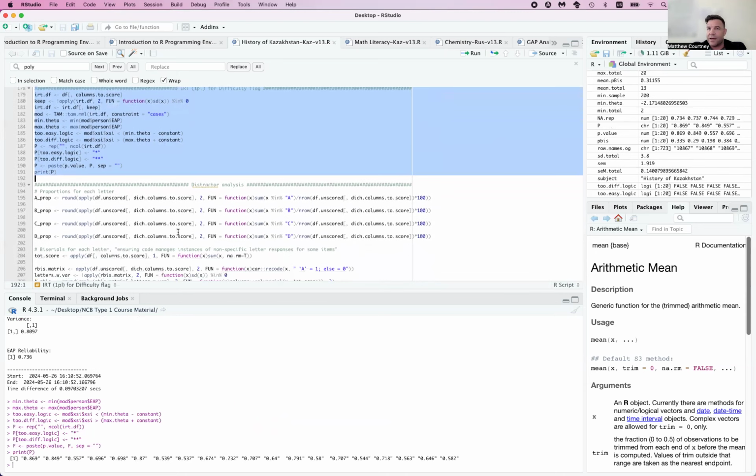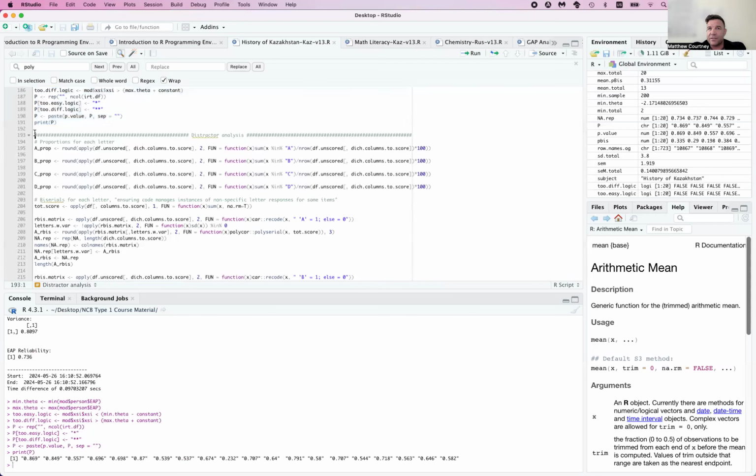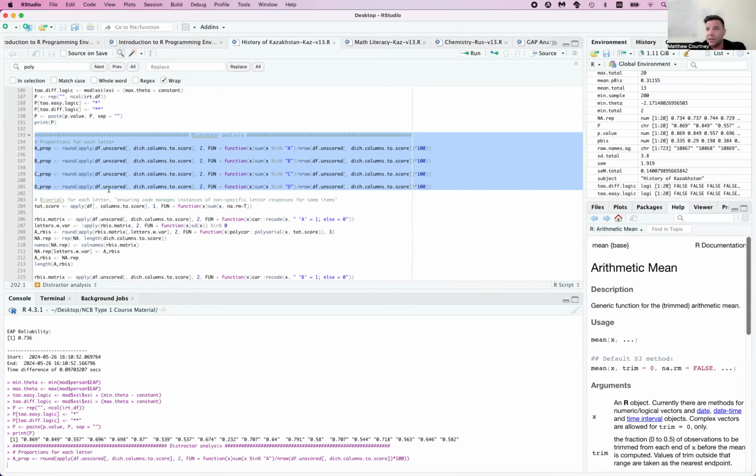This generates flags for too easy, which is 1 asterisk, and too difficult, which is 2 asterisks. Distractor analysis is a special type of analysis based on distractors. Distractors are the letters that are incorrect. So if you do a test and it's multiple choice and the correct answer is C, the distractors are A, B, and D. So we can run that analysis just to generate the proportions of A's, B's, C's, and D's for each